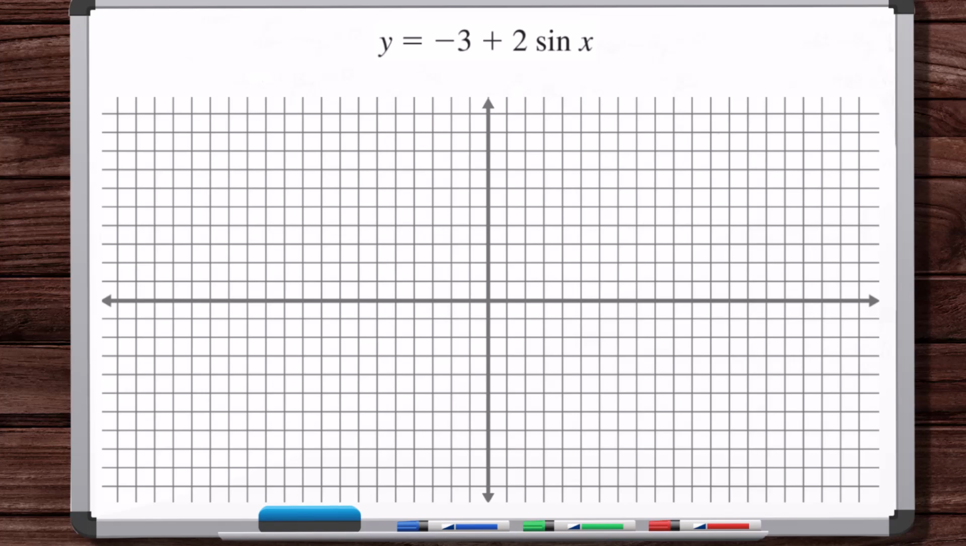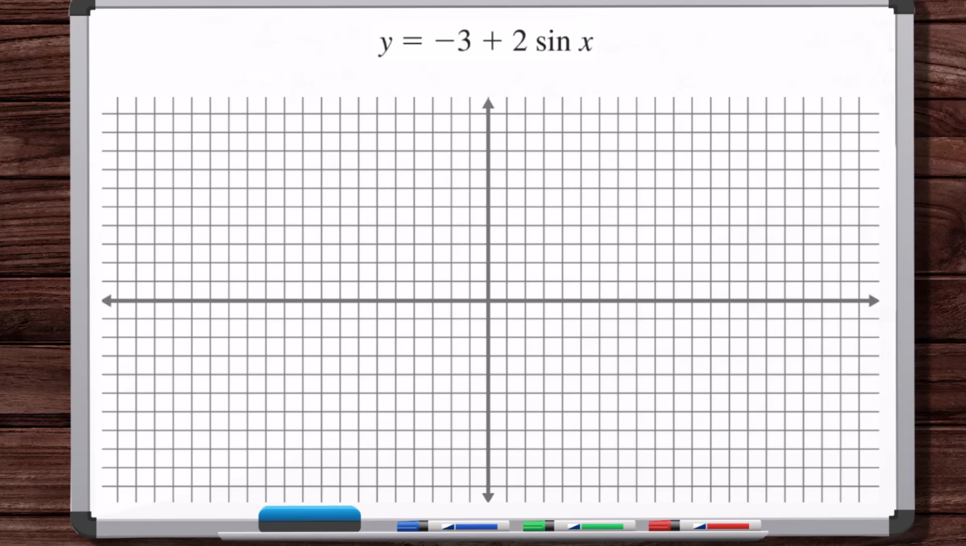Okay, we're continuing with sketching sinusoids that have horizontal and or vertical translations applied to them. In the previous video, we sketched sinusoids that had strictly horizontal translations. Now we're going to look at sinusoids that have vertical translations. And the way we're going to go about this is we're going to go through the whole process that